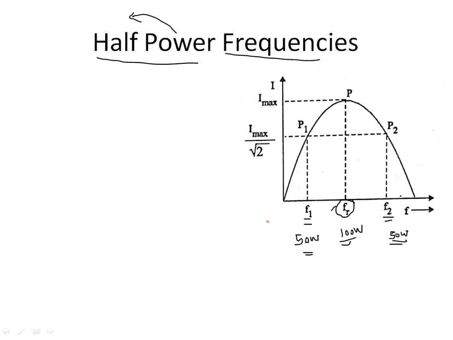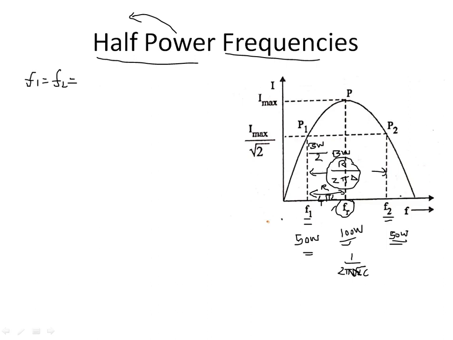So now we have to derive the formula for F1 or FL, that is the lower cutoff frequency. What is the formula of Fr? Fr is equal to 1 by 2 pi root LC. Okay, fine. What is the distance between F1 as well as F2? What is the name? Bandwidth. What is the formula? R by 2 pi L. So what is the distance between Fr and each of them? Exactly half of the bandwidth, that is, R by 4 pi L.